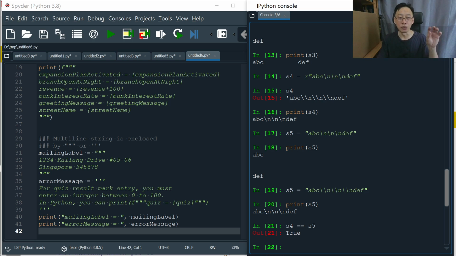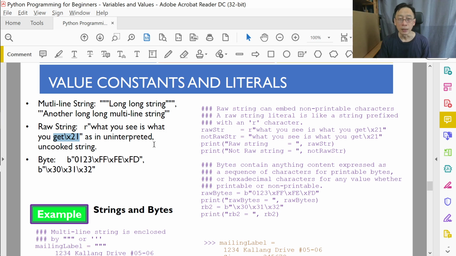It's different from the triple double quote because when we press return, it will not be acceptable. So what you see is not necessarily what you get. So the raw version is simply just to say don't interpret the backslash characters. And now the final variation on that is the byte string, and it's kind of closely related to text string